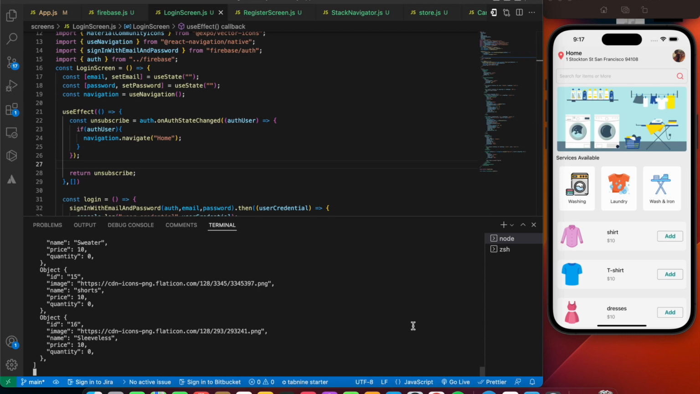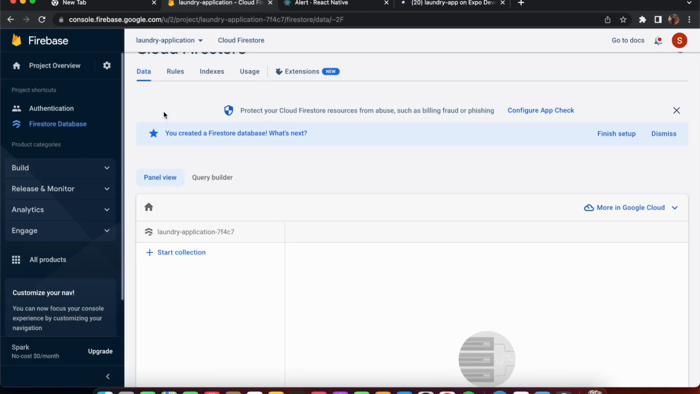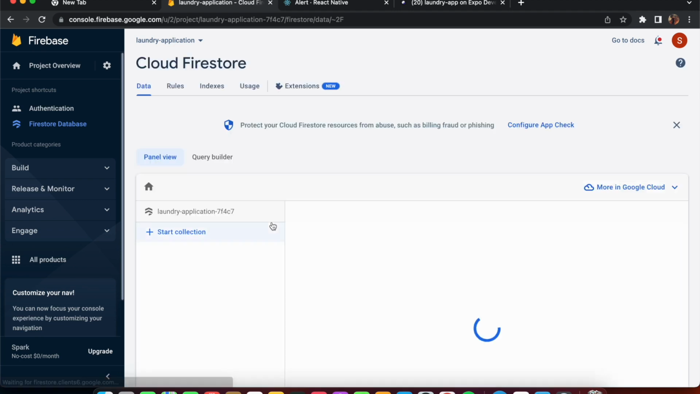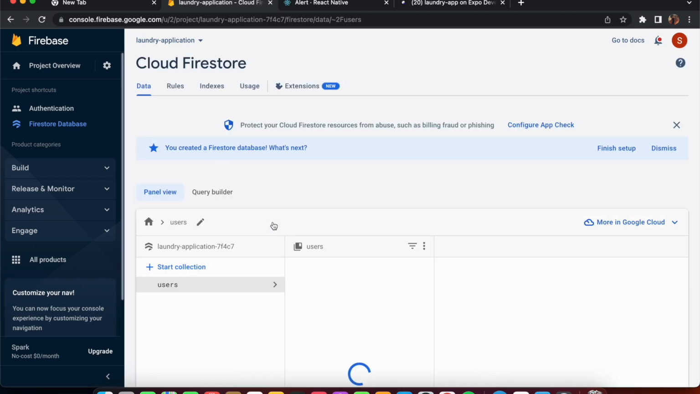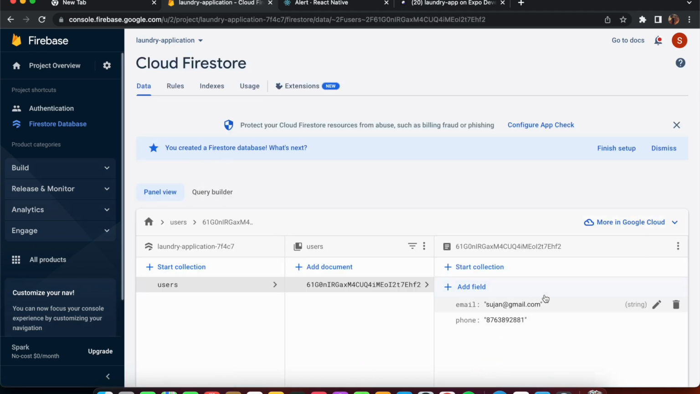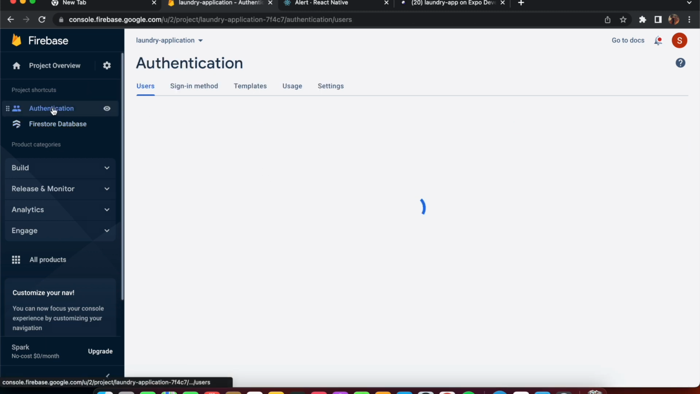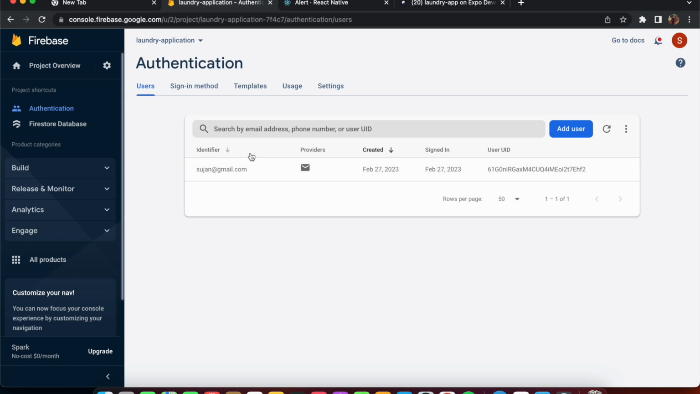So if you now check out our Firestore database, you should be again seeing the users collection being created with this user with that UID and the details, that is email and then phone. So the same thing goes for authentication as well. So there you go. So our user has been created with this unique user UID. Okay, so the next thing we're going to implement is